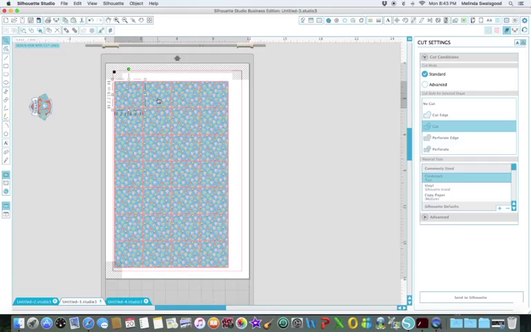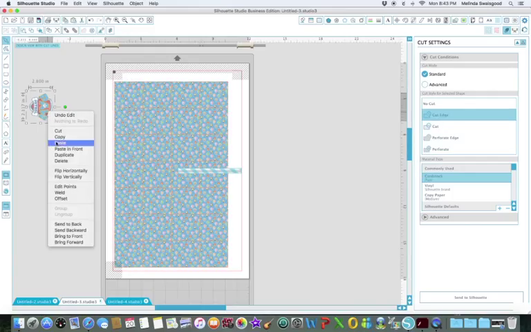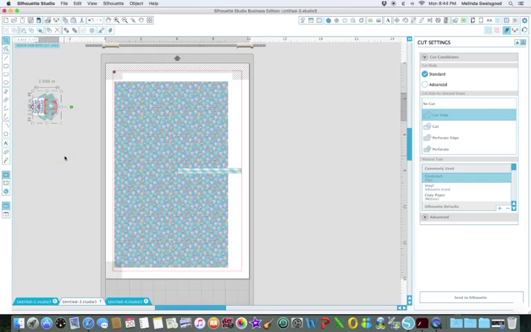So those are 3 different ways that you can duplicate. You can remember right click and just duplicate. Click on duplicate. You can click on it